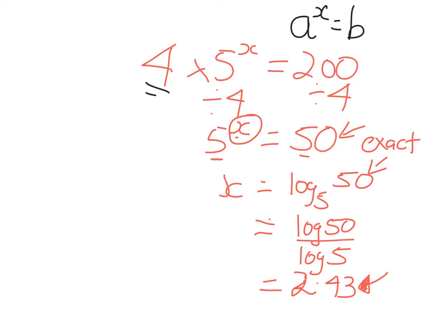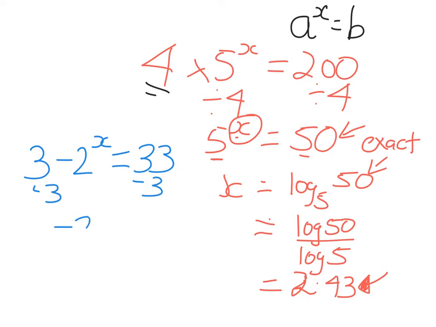Similarly, if you have a question like 3 minus 2 to the power of x equals 33, we do the same process as for linear equations, so we're going to subtract 3 from both sides. So we get minus 2 to the power of x equals 30, since 33 minus 3 is 30, and then I'm going to divide each side by minus 1, and I get 2 to the power of x